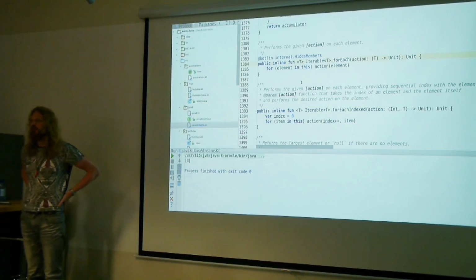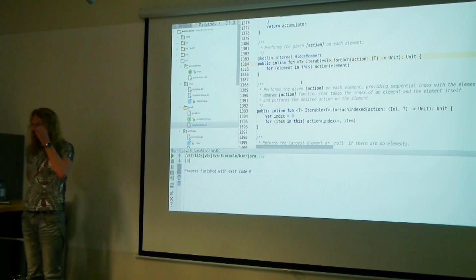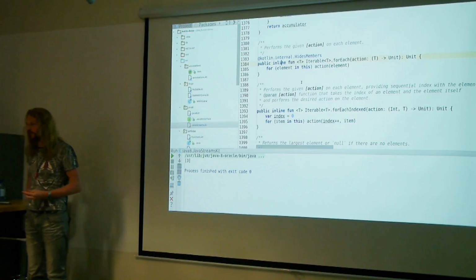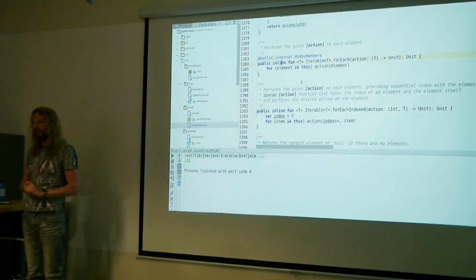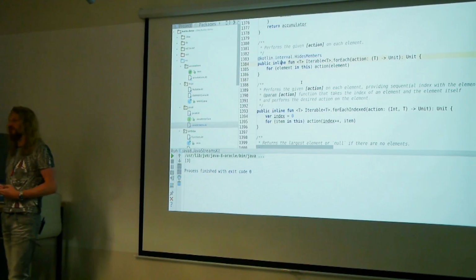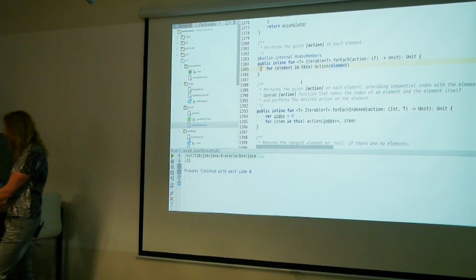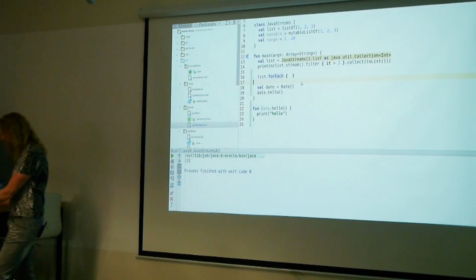So when compiled, the Kotlin code can actually perform better than Java 8 streams. And not talking about Groovy, of course, because Groovy is terribly slow if you throw anything very CPU intensive at it. So yeah, these are some of the things.